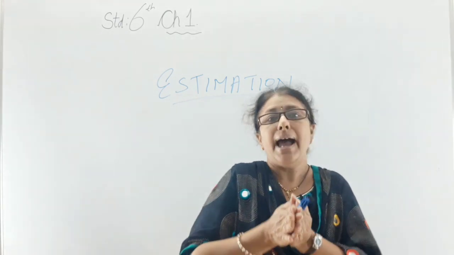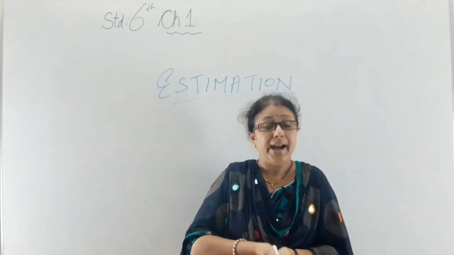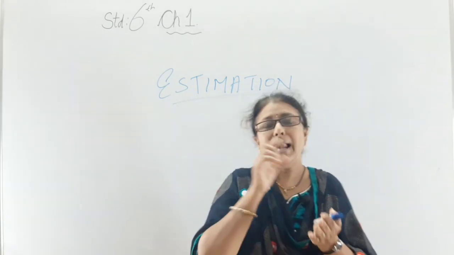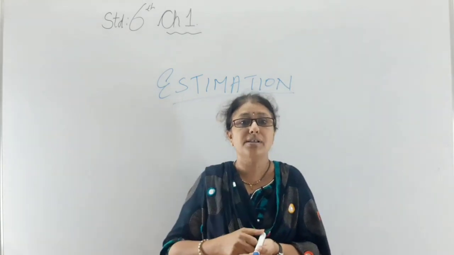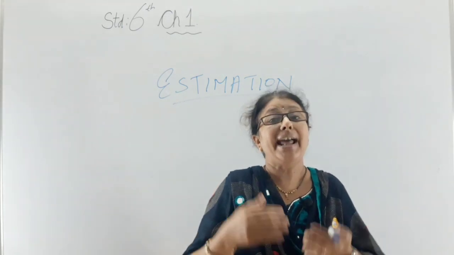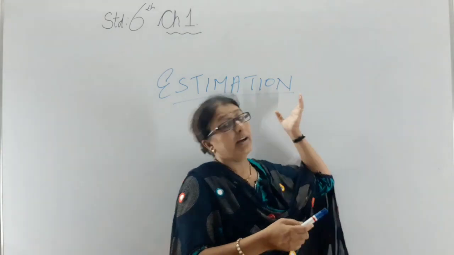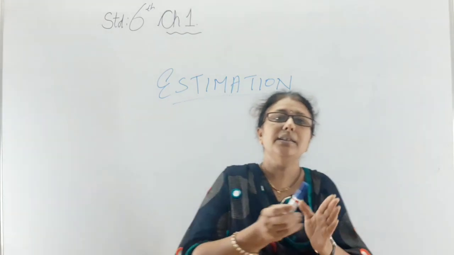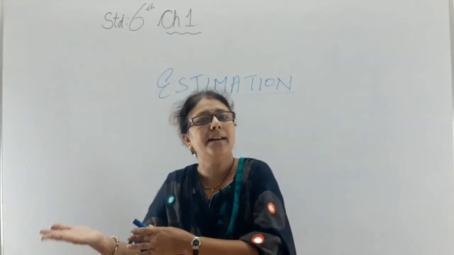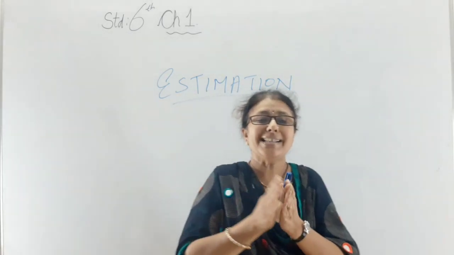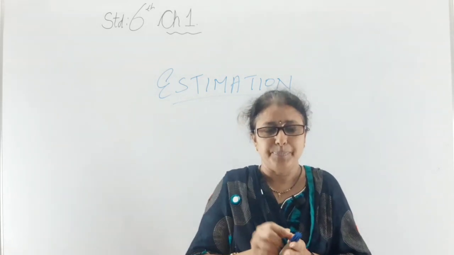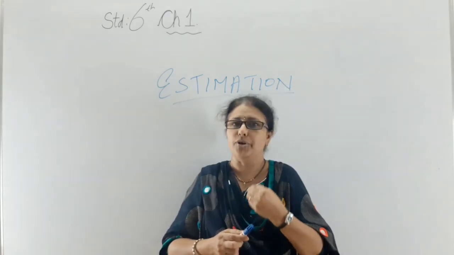For example, I am going to throw a birthday party and I am going to invite 100 of my friends. So what will I do? I will make a list of the number of people whom I have invited, and I will guess that in the party of 100, there will be at least 90 persons, or it can be more than 100 persons. So estimation is an approximate idea, a rough knowledge of how many persons will come to the party.